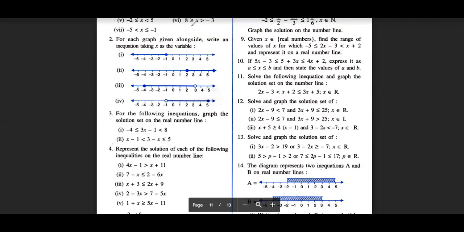For each graph given alongside, write an inequation taking x as the variable. See, we have to write the inequation. We don't have to write the entire solution set, but the inequation for the given graph, for the given solution